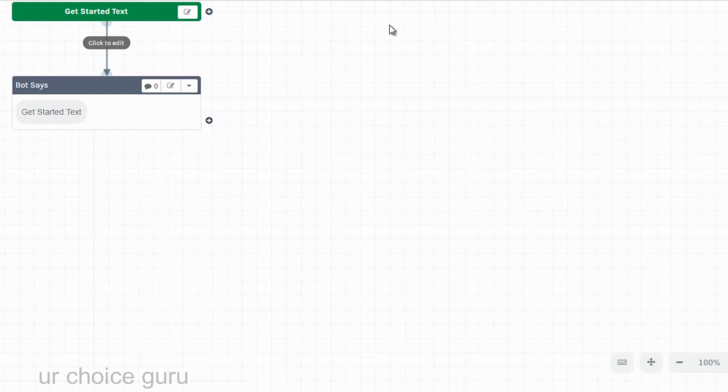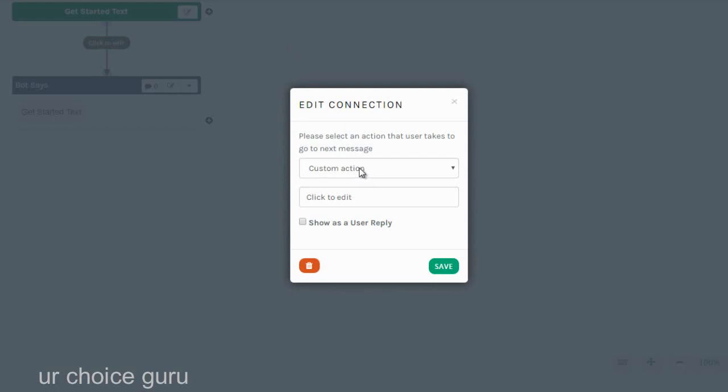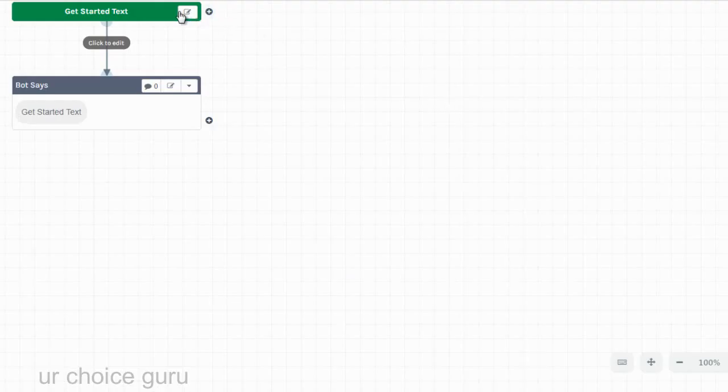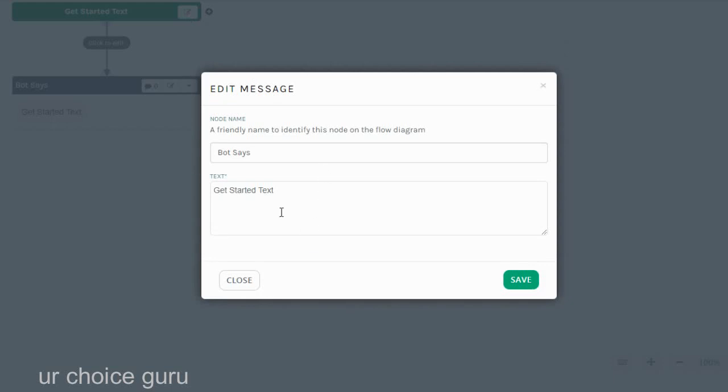All right. So now you can see that we're started. It says get started text. Click here to edit. So it says, please select an action that the user takes to go to the next page or next message. So before this, we can click this here and it says, the bot says, get started text. So it says, hey,